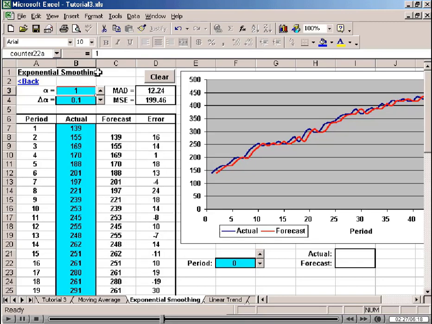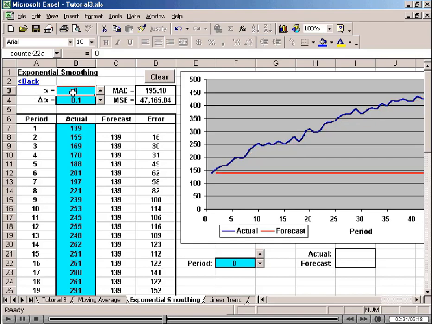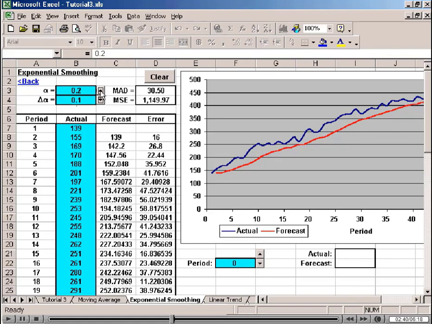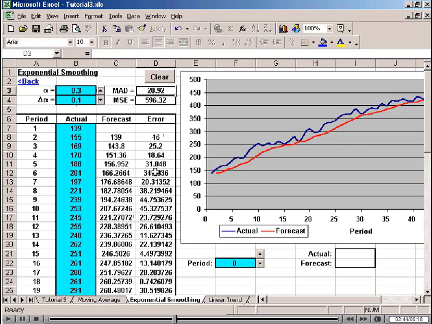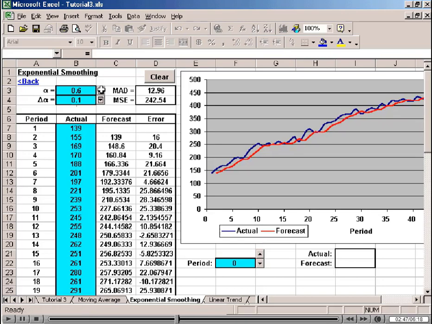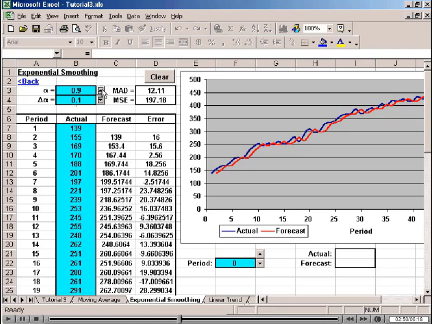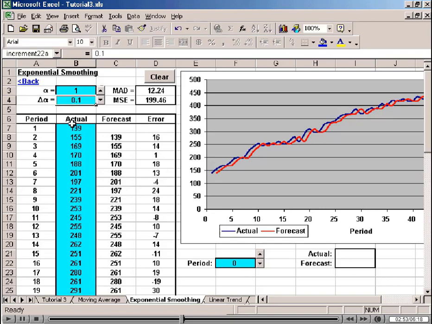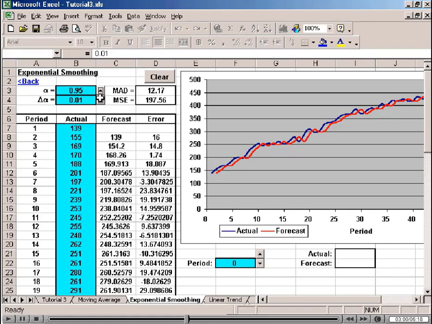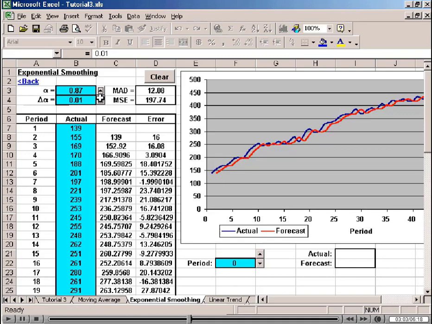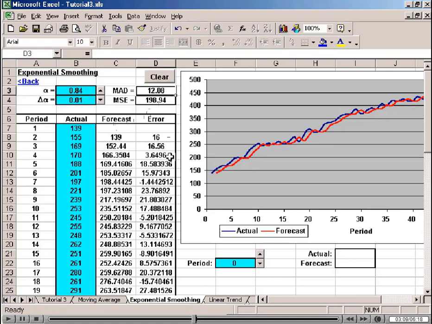An alpha of 1 results in the naive forecast, and an alpha of 0 results in complete smoothing, that is, the forecast never changes. As alpha is increased from 0 to 1, decreasing the amount of smoothing, we will attempt to minimize the mean absolute deviation. Changing the increment from 1/10 to 1/100th, it appears that the best we can do is a mean absolute deviation of 12.8 when alpha is in the range between 84